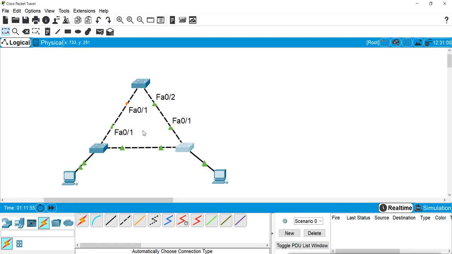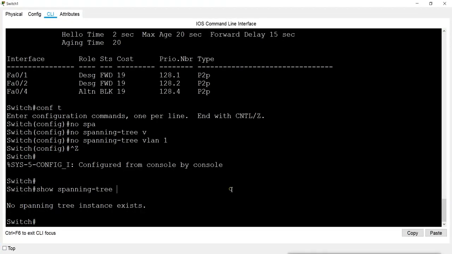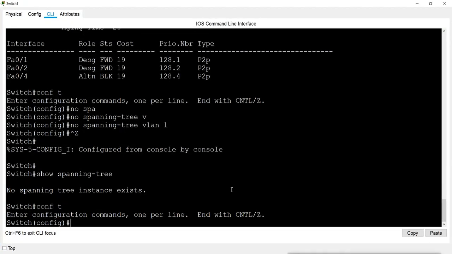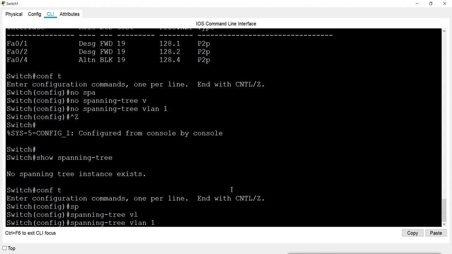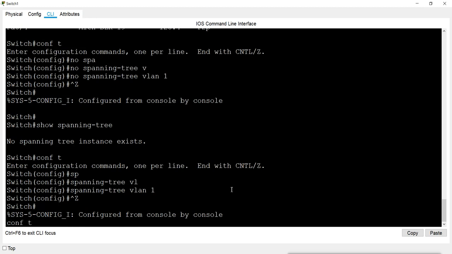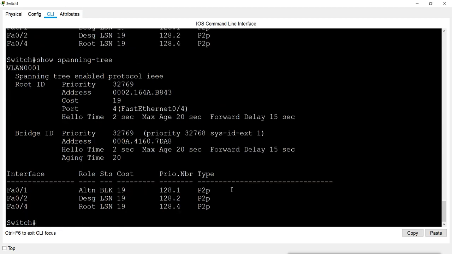So this is how STP works, and I have not enabled it on this switch yet, so I will enable this switch also. Spanning tree for VLAN 1. Listening state, and now it is blocking state.